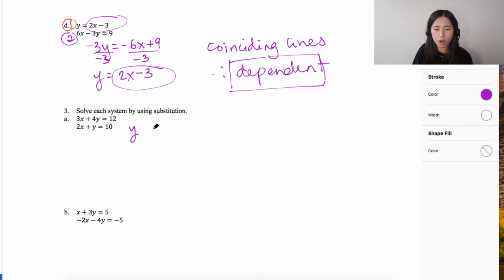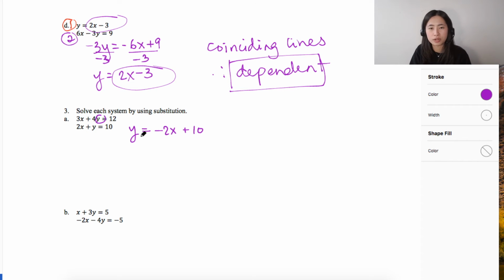So I would have y equal to, moving 2x to the opposite side of the equation, negative 2x plus 10. And once I have that, because I know that y is equal to negative 2x plus 10, I'm going to take this negative 2x plus 10 and plug that into the y in my first equation. So keep in mind that whatever you have for the second equation or the first equation,